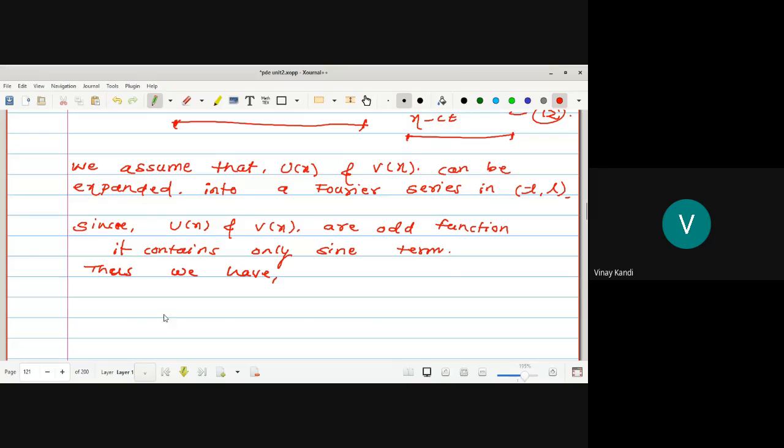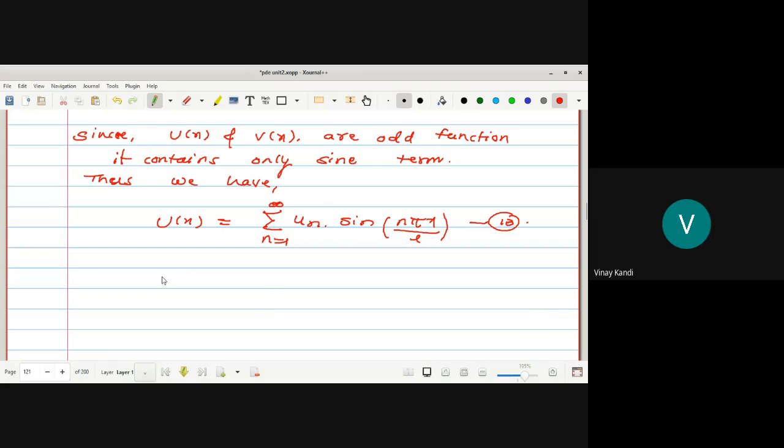thus we have capital U of x is equal to, in Fourier series, summation n is equal to 1 to infinity, small un into sine of n pi x upon L. Okay, it is equation number 13. And capital V of x, we can write summation n is equal to 1 to infinity Vn into sine of n pi x divided by L. Give it the equation number 14, where